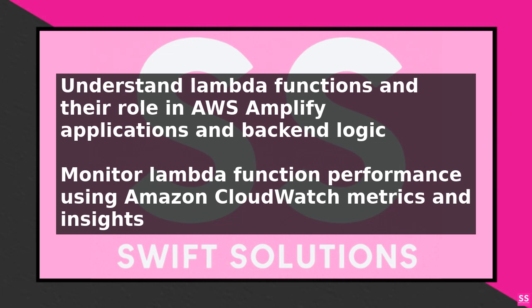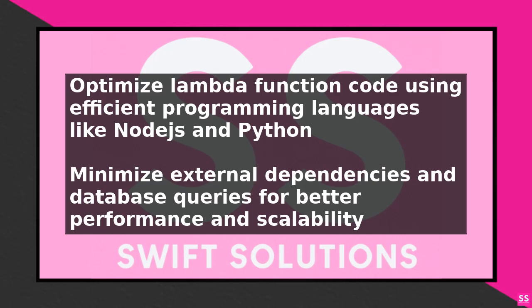The first step in optimizing Lambda functions is to monitor their performance using Amazon CloudWatch metrics. This will give you insights into the execution time, memory usage, and error rates of your functions. Next, focus on optimizing the code of your Lambda functions. This can be done by using efficient programming languages like Node.js and Python, and by minimizing the number of external